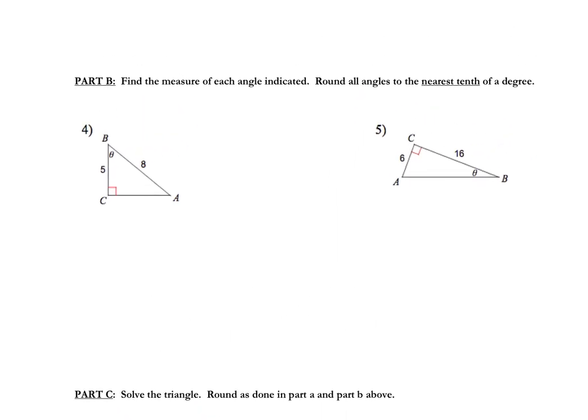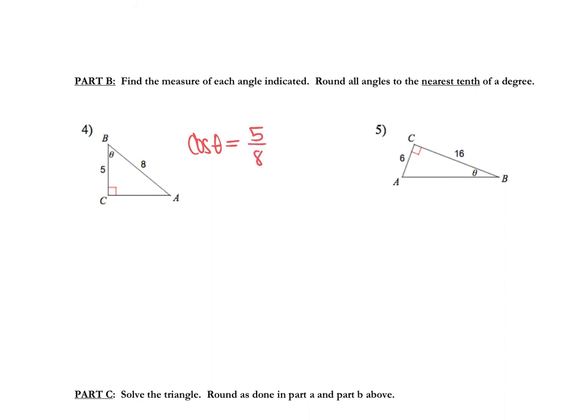On 4 and 5 here, we are given side lengths, but we need to find angle measures. So on this one, I'm given the leg adjacent to the angle that I want to find and the hypotenuse. So adjacent and hypotenuse, which means I might want to use cosine. So cosine of theta, we don't know what theta is,